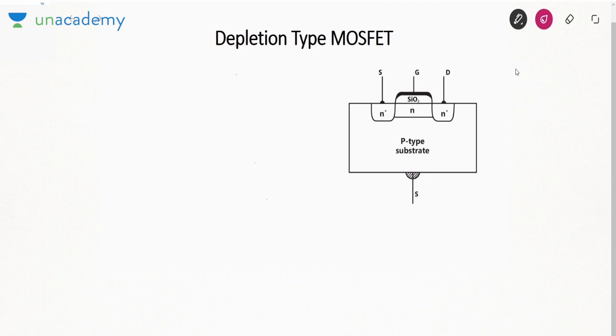So if you see, this is the device structure of depletion type MOSFET. Since we have designed this structure in two dimensions, it is also called planar technology. That is, MOSFET is using a planar technology, or it can be designed in two dimensions. Is it fine? Now see, in MOSFET what happens? There are two types of MOSFET. I told you depletion and enhancement type. Similarly, there are two more categories, N channel and P channel.